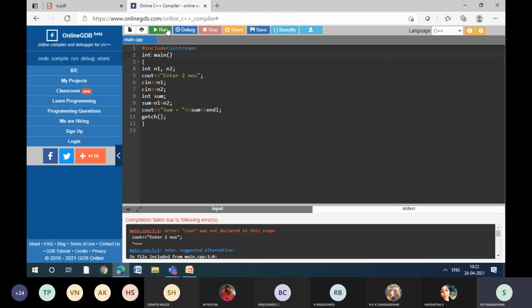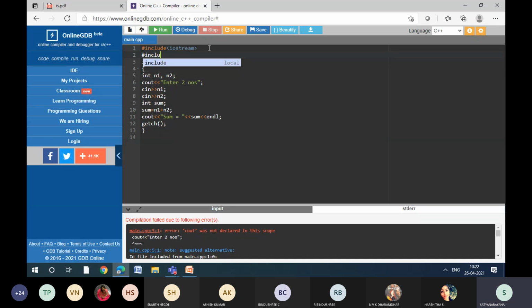Still some error. Is there? Only one error or so many errors are there? Sir, so many errors. For getch we should use conio.h, right? We need to use conio.h. Okay, I'll also include that.